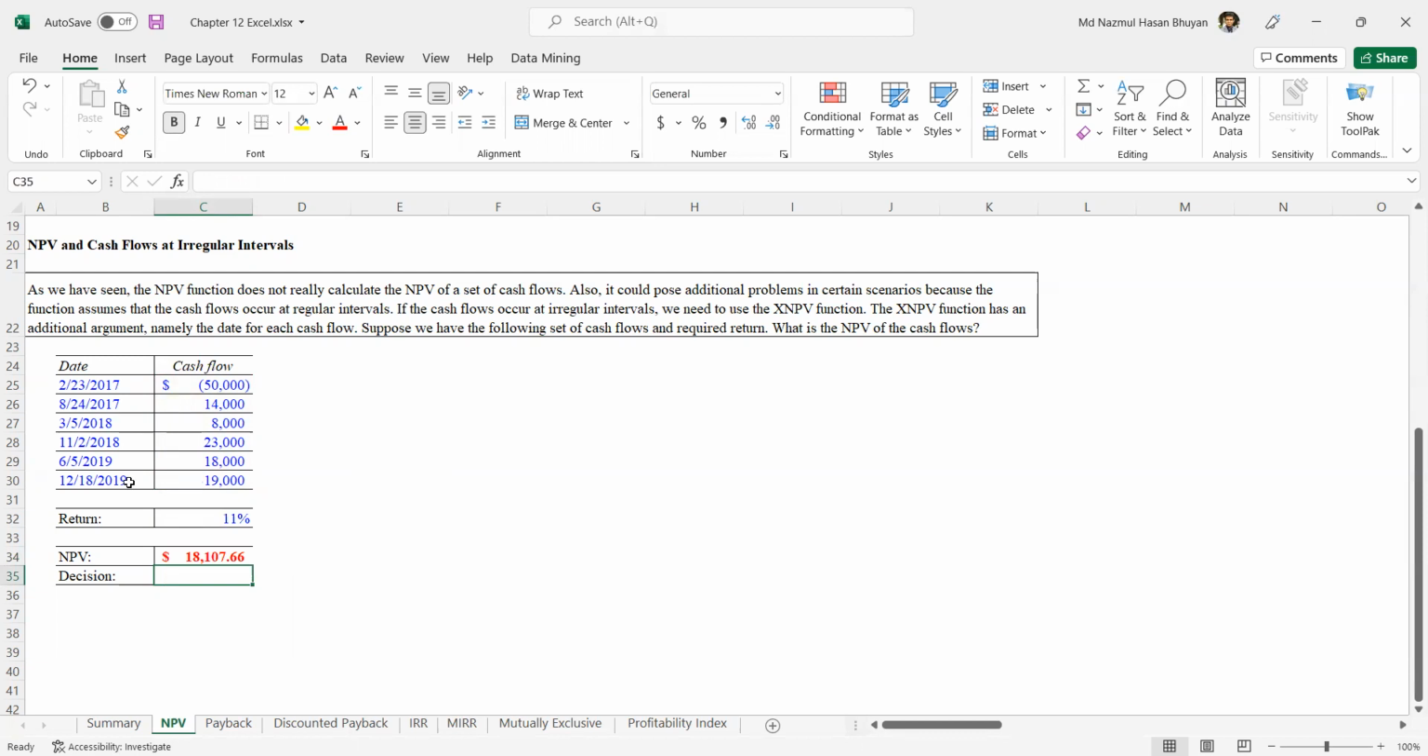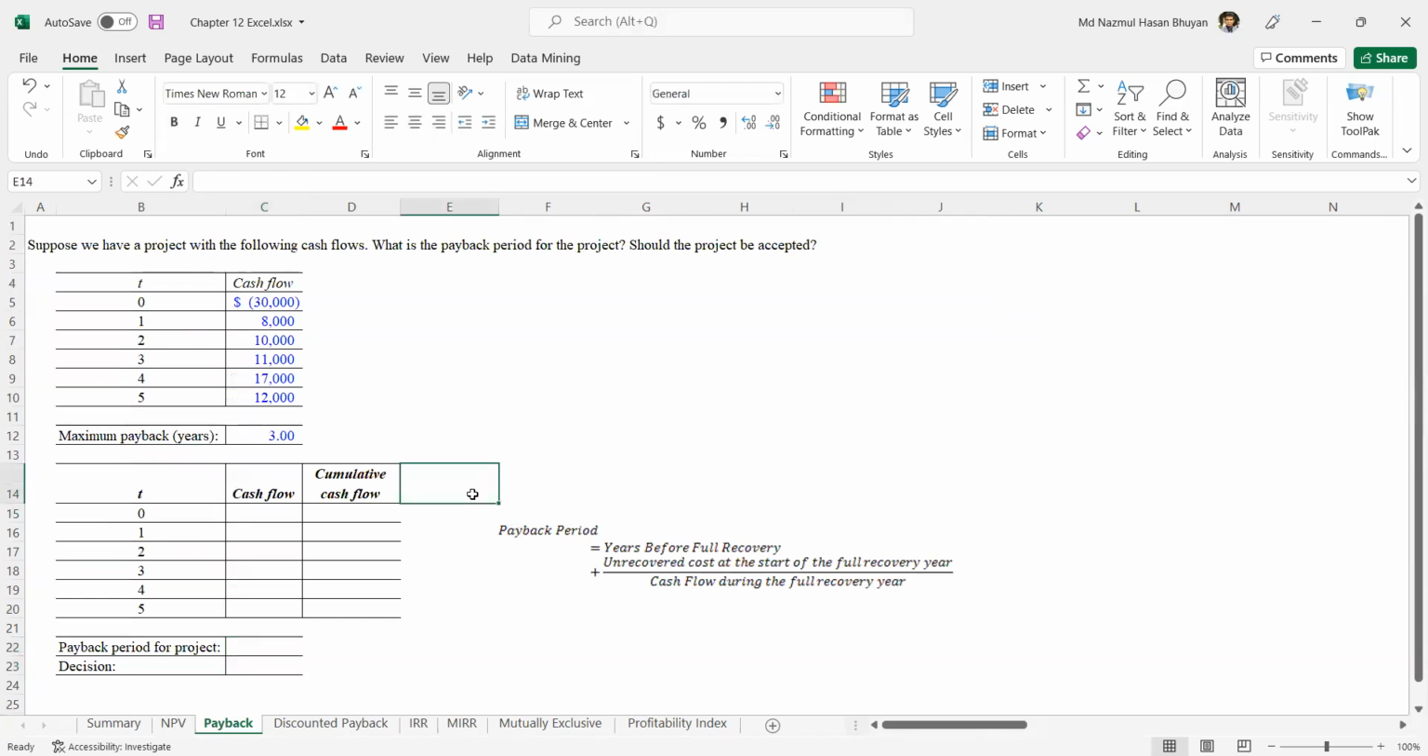Now you can see here, the net present value is positive. So we are going to add value to the firm. If you add value to the firm, then you should accept the project. So the decision should be accept. All right. Next,